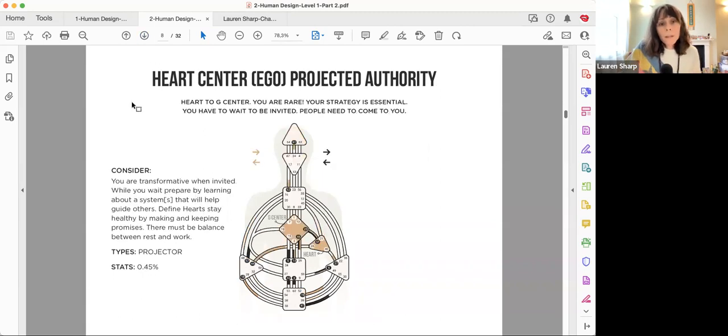Going to the next one, it's only a projector. And this is a G center heart. It's an ego projected. Not ego in, like, when your heart is defined and your G center is defined, I find it quite interesting, because people will experience that individual as being big, like they take up a lot of space in the room. And they only take up a lot of space because those around them are either open in those spaces.